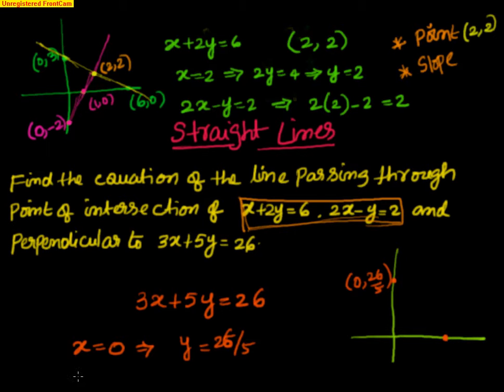Now if I substitute y equal to 0, what happens? 3x is equal to 26. That gives me x equal to 26 by 3, that is something like 8.6 recurring, 8.66667. So let me just take it as 9 approximately and try to plot it. Somewhere here it will come, because we thought this is 5. So let's say this is 9. Okay, fine. We are good to go. Now let's join those two. Let me join them. Right.